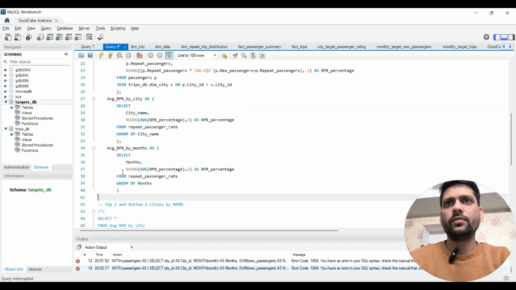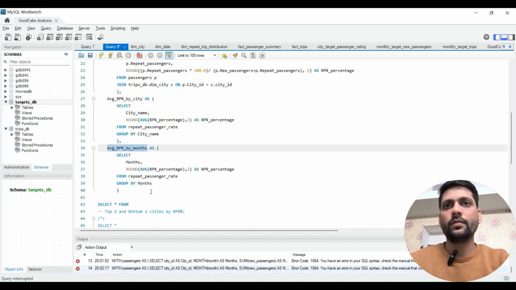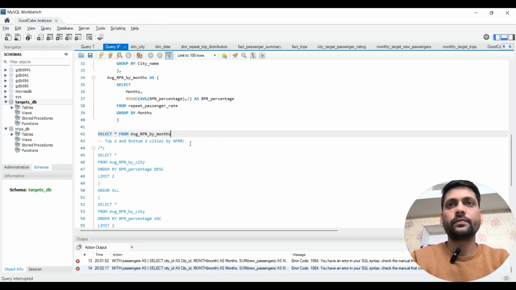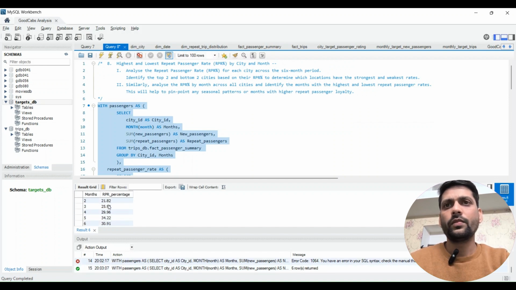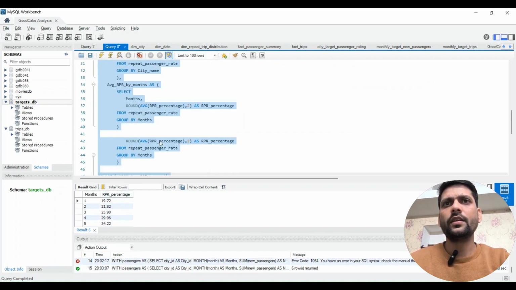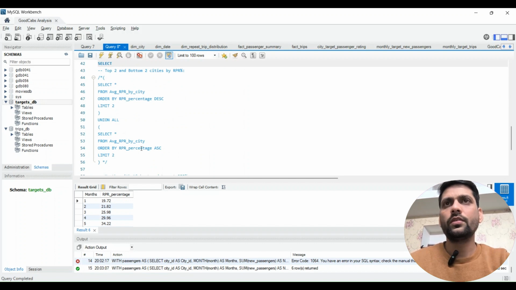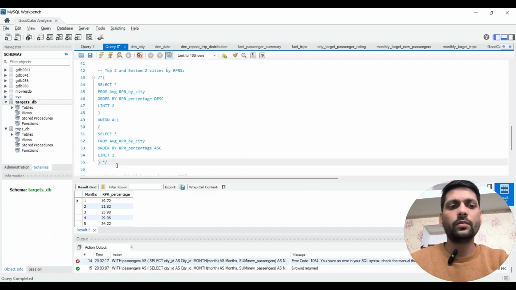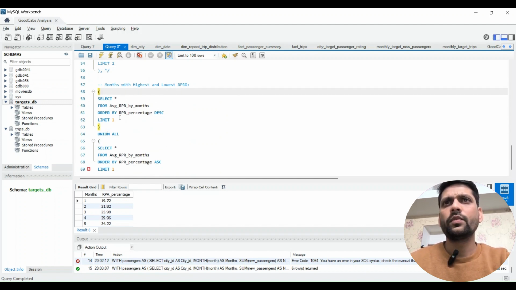Okay, before that, let me quickly run to check if we are getting data by months. Select all from this table, from months, and if I run this, okay, we are getting this data. We just need the highest and the lowest only from here. So if I write this, okay, we got it. We did not provide a comma here, that is why it is giving an error. No, this is not it. If I run this,